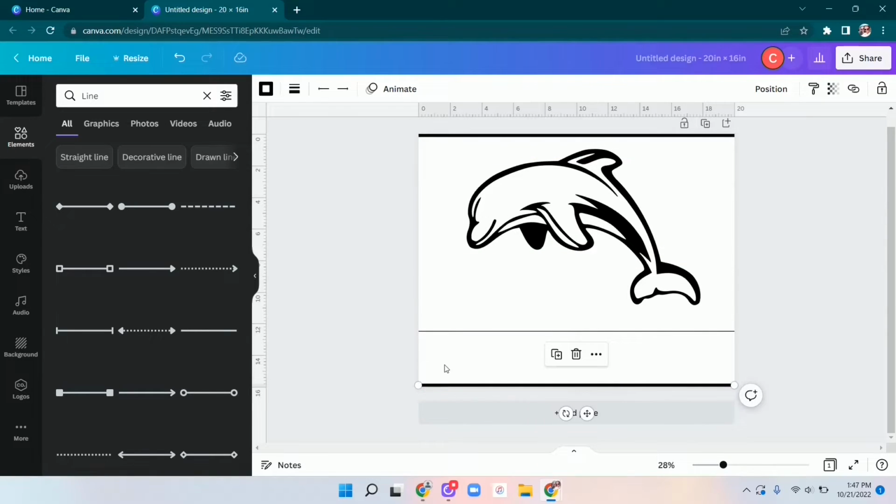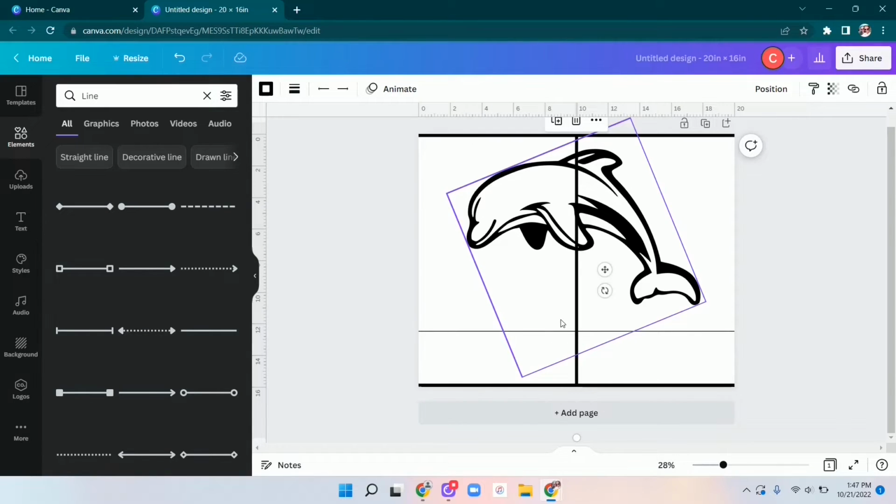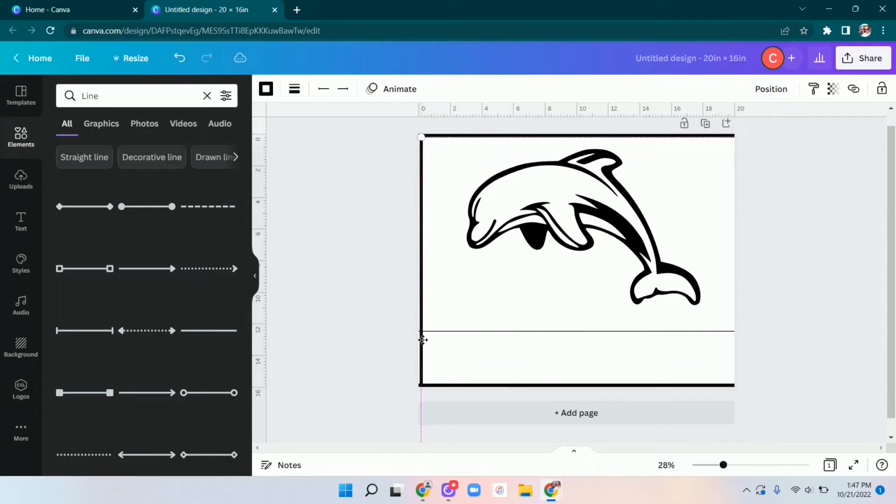I'm creating a border so I can, like I said, cut it out. And so this is still the line. And so to get my side lines, I'm actually just going to come down to this bottom one and do Control C again and Control V. And it's hard to see it, but it did pop up down there. So I clicked it and moved it, and it's going to be too long, but I'm going to rotate it 90 degrees since it's going to be on the side. So it shows the degrees over here, 90, and I'm going to drag it to the side